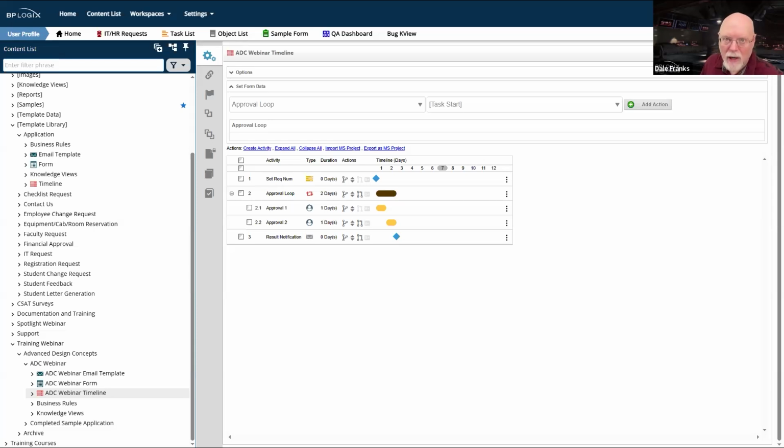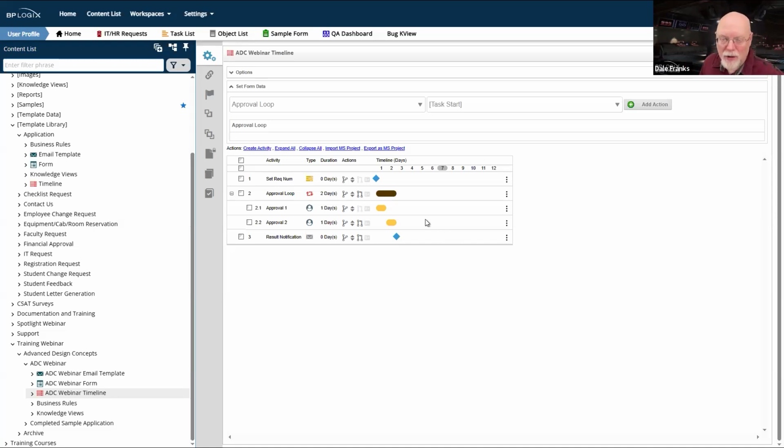Generally, if we want to generate it off of a sequence number system variable, then the best place to put that is in the process timeline, because the process timeline is only going to run if I have a valid form submission. So I'm only going to generate a request number if I have a valid form submission. That means I'm never going to burn a request number, because all of my request numbers will always point to a valid form and timeline instance. So I have a valid application instance running every time I generate a request number.